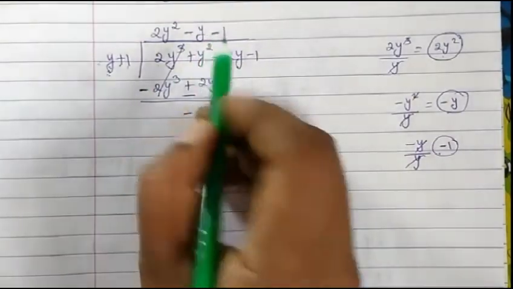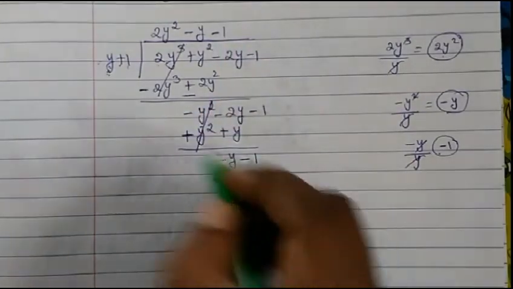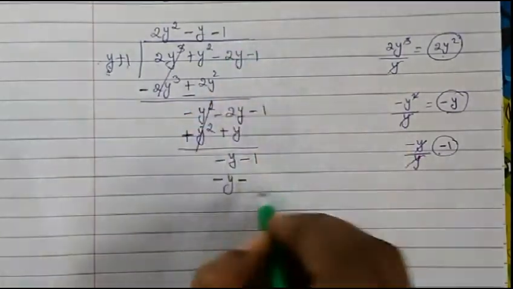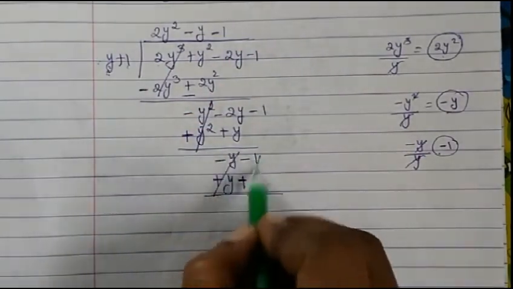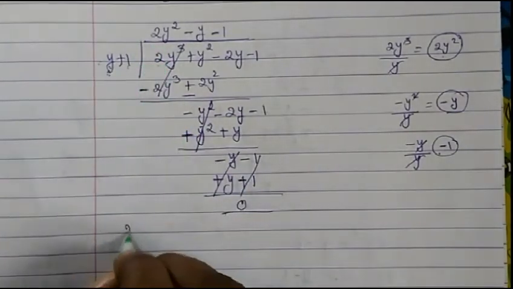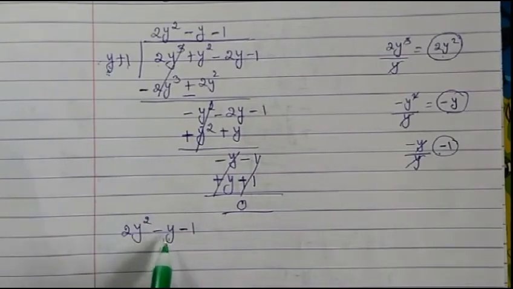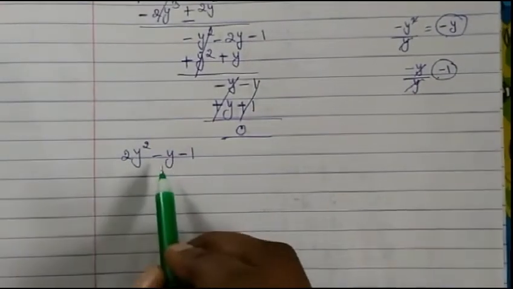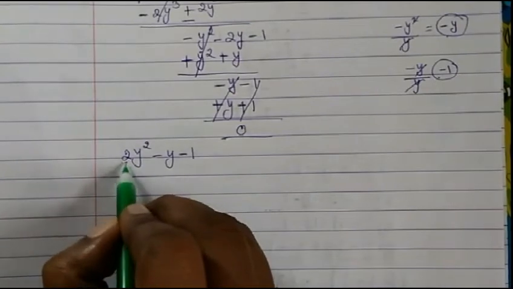So now multiply: y plus into minus will become minus y into 1, y; plus into minus, minus 1 into 1, 1. So now change the sign. So now this gets cancelled, then we will have 0. So now let's write down this quadratic polynomial, and I have taught you quadratic polynomial. Now how to find out the factors. This is another method; in question 4 I have taught you. So kindly go through that.